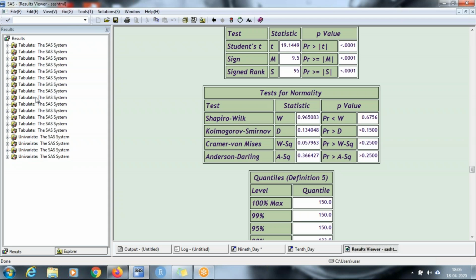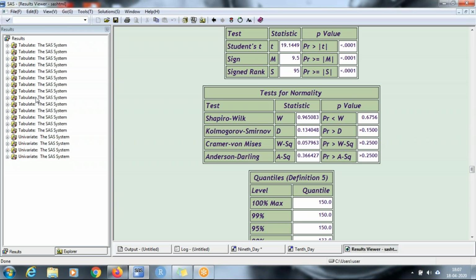hypothesis is a hypothesis of equality. So when you have learned ANOVA, when you're comparing the means of groups, then your null would be all groups are equal. When you're writing your hypothesis for a t-test, it means your sample mean is equal to the population mean. So you will always have a symbol of equality in your null hypothesis. It is either equal to, greater than or equal to, less than or equal to, but equality will always be there in your null hypothesis.